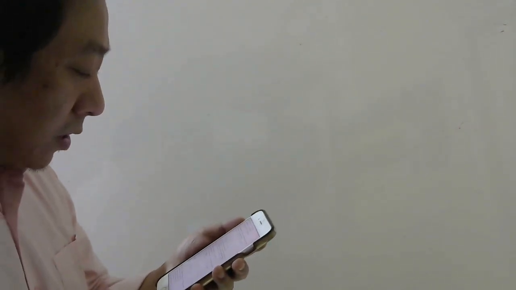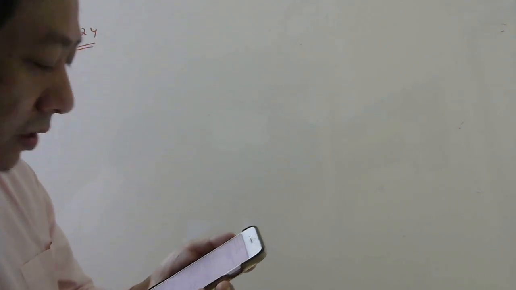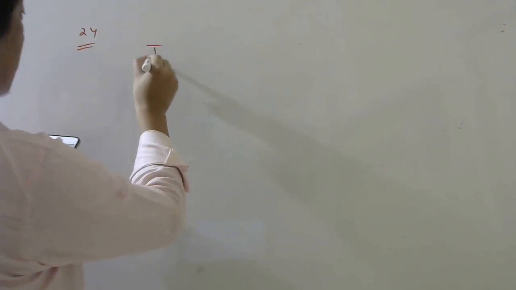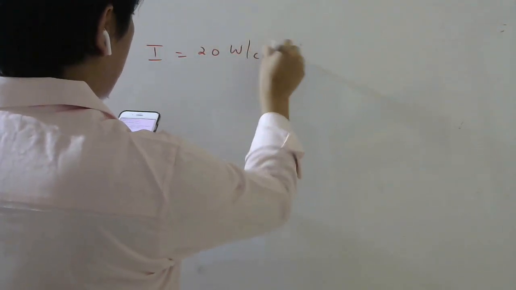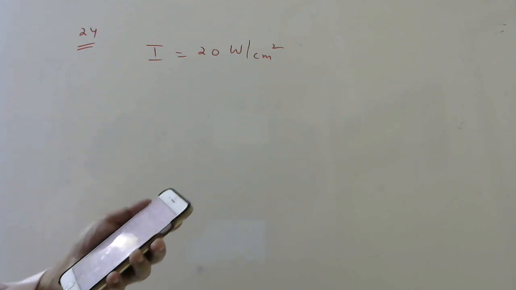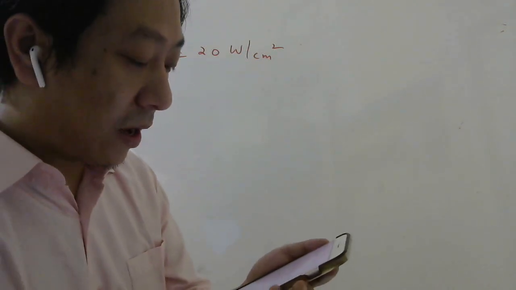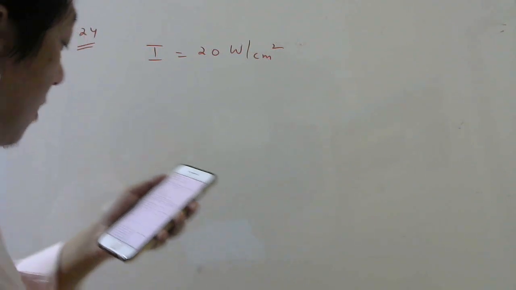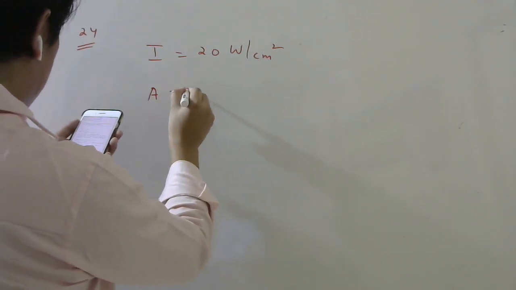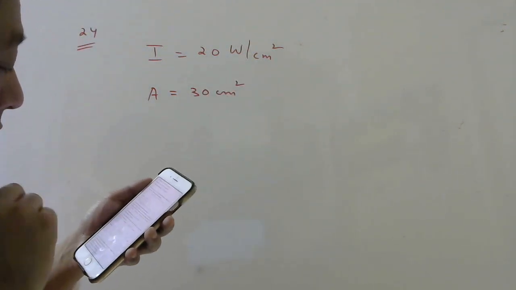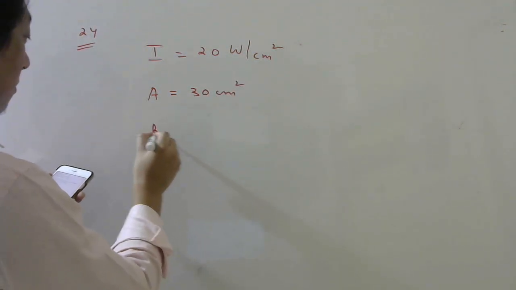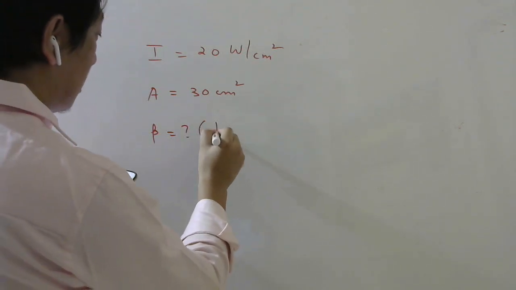Question number 24. Light with an energy flux of 20 watt per centimeter square. Again, same story. Intensity they have given 20 watt per centimeter square. But okay, falls on a non-reflecting surface this time at normal incidence. If the surface area where it falls is 30 centimeters square, then the total momentum delivered. So momentum delivered only the one. Momentum transferred,